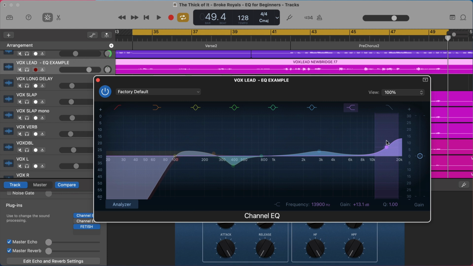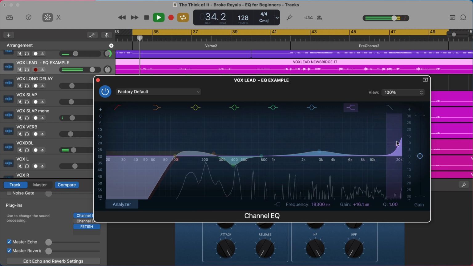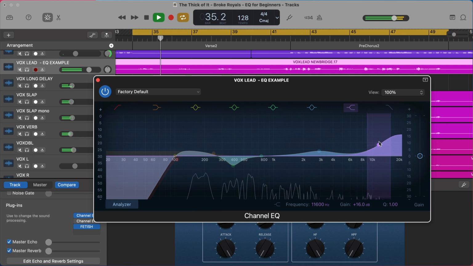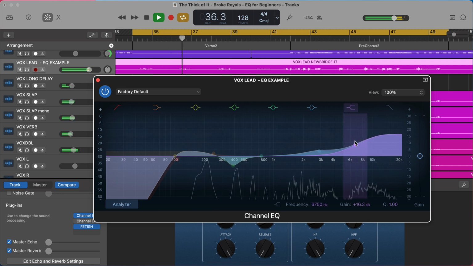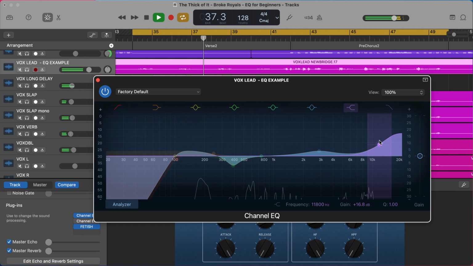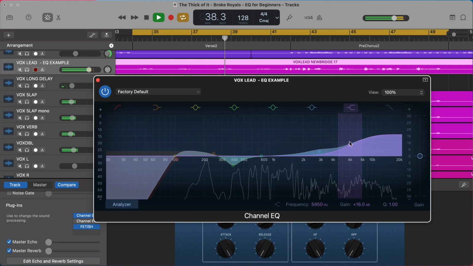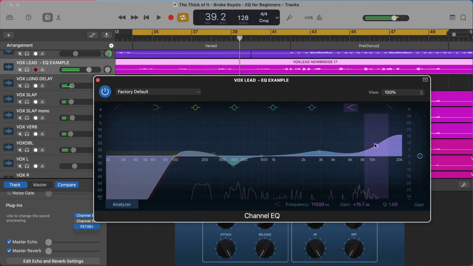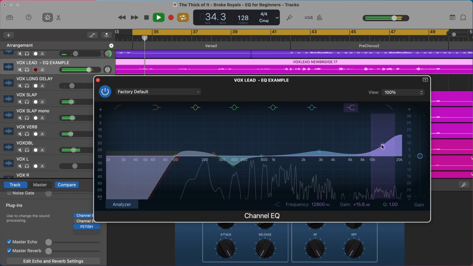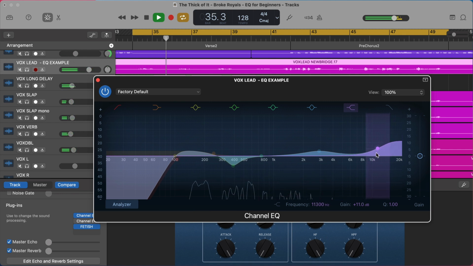So I'm just going to boost this kind of exaggerated and find where it sounds good up here. Instead of crying at the table. Instead of giving out the names. So a little bit thin, instead of lying that you're stable. Almost shrill right there, but somewhere around here, instead of crying at the table, just adds a nice air to it. Instead of giving out the names. And I just bring it down until it's not too much, as little as I can, but as much as